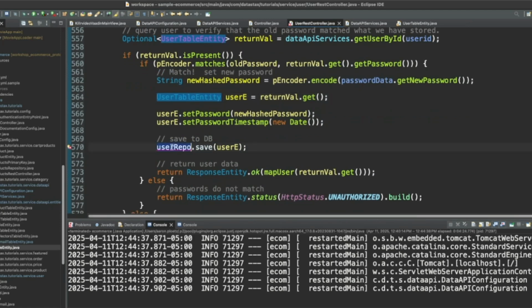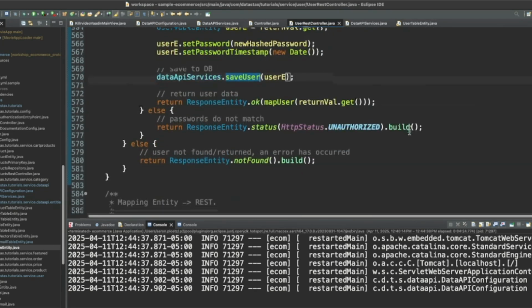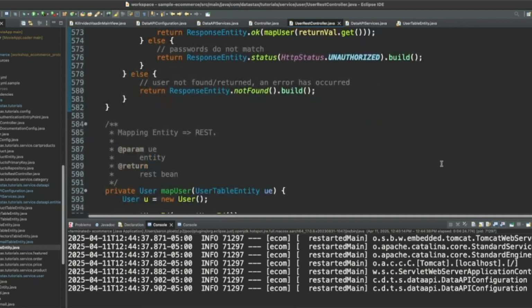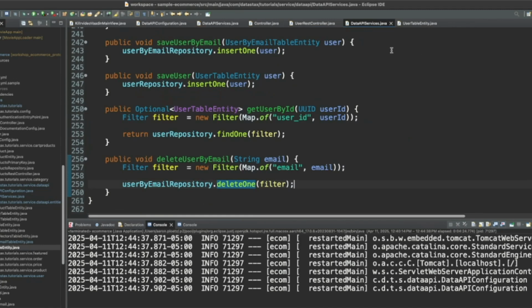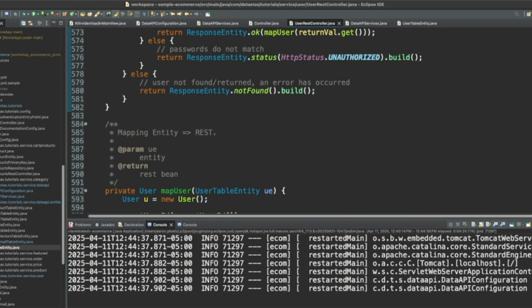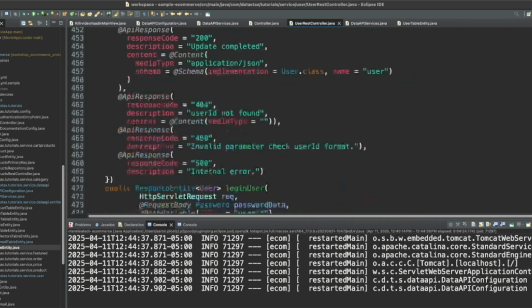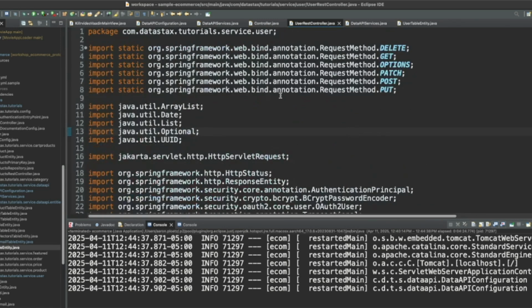And then we can say data API services. And we want save user. All right. I believe we're done. Data API services looks good. User REST controller looks good. All right. I think we're in good shape here.